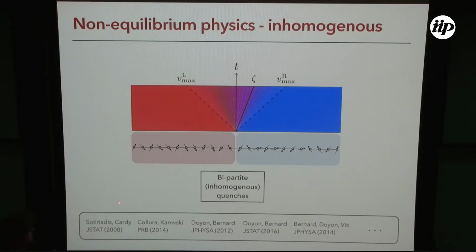So the picture, already intuitively you can think, is the moment I join these two states, if I have a spin chain and the interaction is local, there is always a maximal speed of propagation for the quasi-particles. This is guaranteed by Lieb-Robinson. So there will be a light cone. Outside the light cone, nothing changes, at least if the state is stationary, for example, like a thermal state. And inside the light cone, there will be some